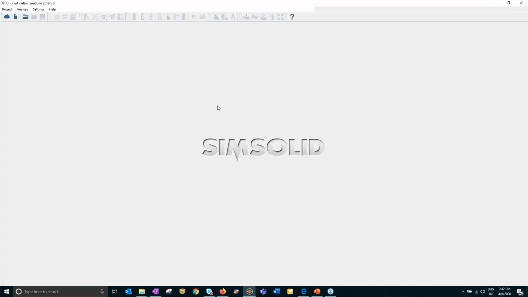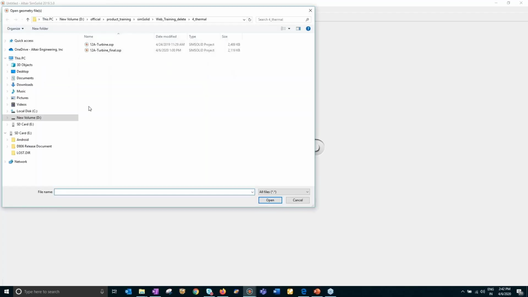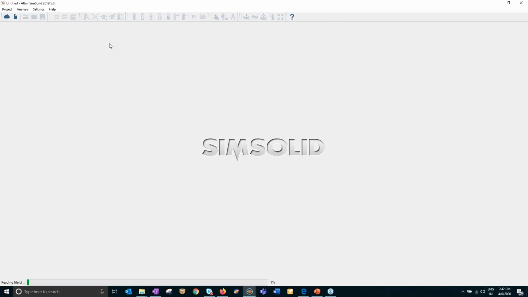If you see, this is a humble looking GUI. It doesn't have many of these icons activated, and that's on purpose. We don't want to confuse you with so many icons which are not necessary. So all you need is these 2 icons now. What I'm doing is importing a geometry. Before showing the geometry, I should have shown what file formats it can support. In short, SimSolid can support all those popular file formats,